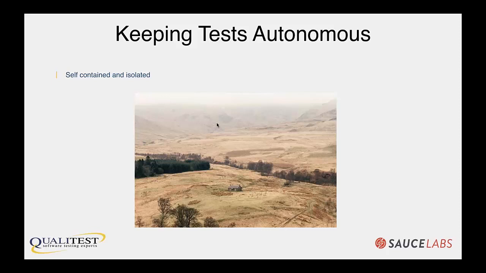And the other problem with non-autonomous tests is that what happens if test 1 fails? It means that test 2 is automatically going to fail. But does that mean that the functionality of test 2 doesn't work? No, not necessarily, because test 1 is broken. That doesn't mean that the functionality of test 2 is broken. But because your test 1 failed and test 2 depends on it, now you have broken 2 tests, and one of them you have no idea whether the functionality works or not.